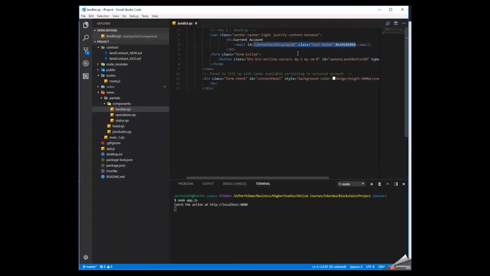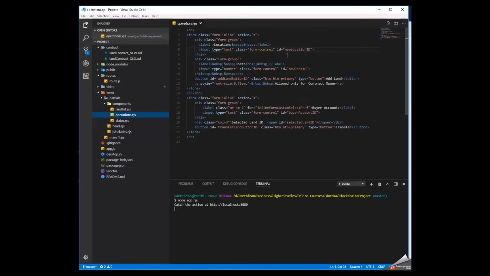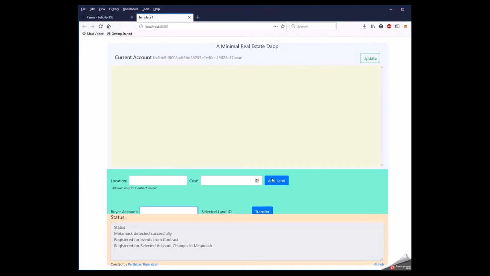So the current account registered some dummy value. This would be updated later in the JavaScript, followed by the update land button, and then followed by the scrollable area where we'll be filling up with the land objects once we are done retrieving it from the smart contract in the JavaScript. Coming back to the operations part, if you look here, we have the add land and